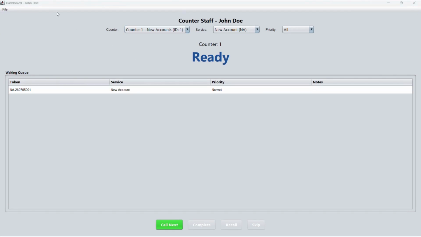For counter staff, I have named John Dew. John Dew can see the waiting queue, especially for his counter.